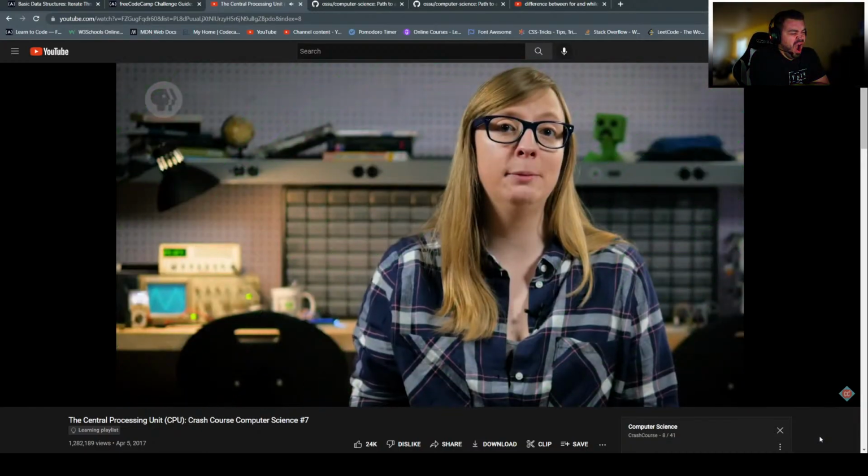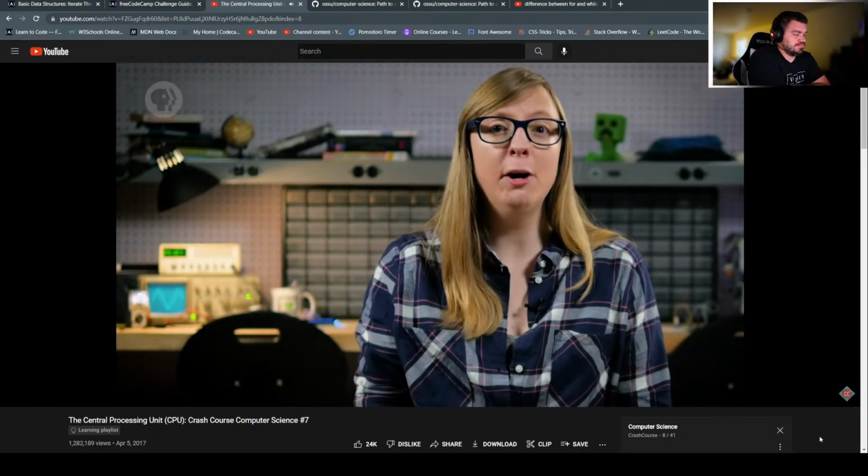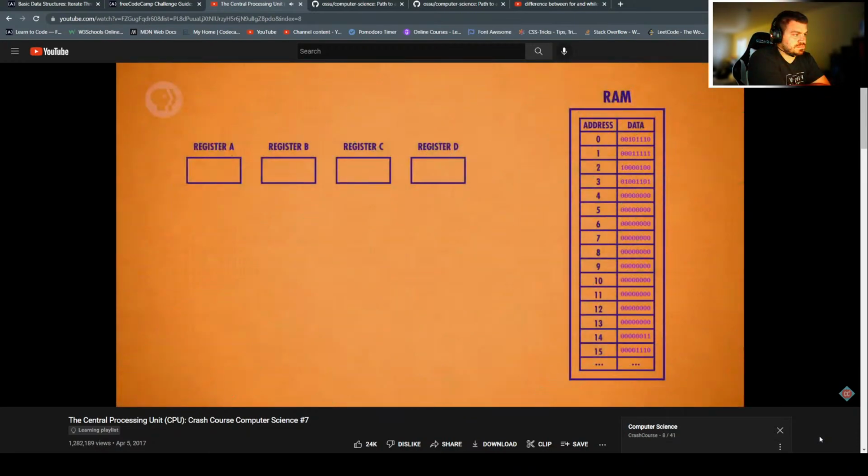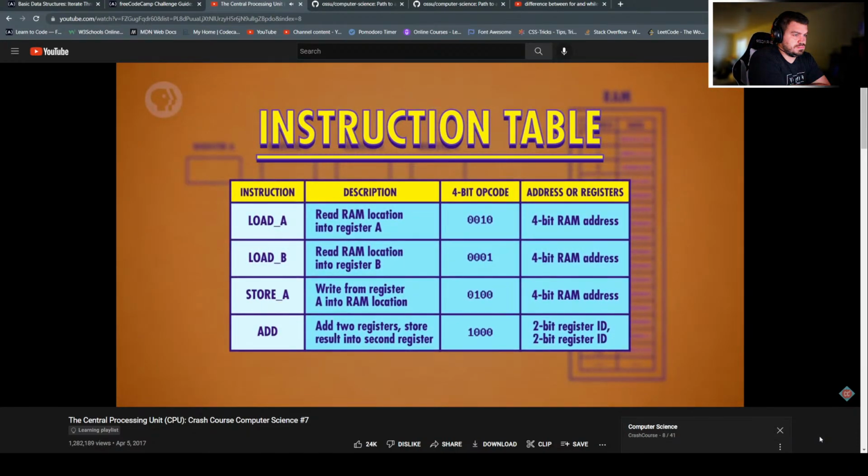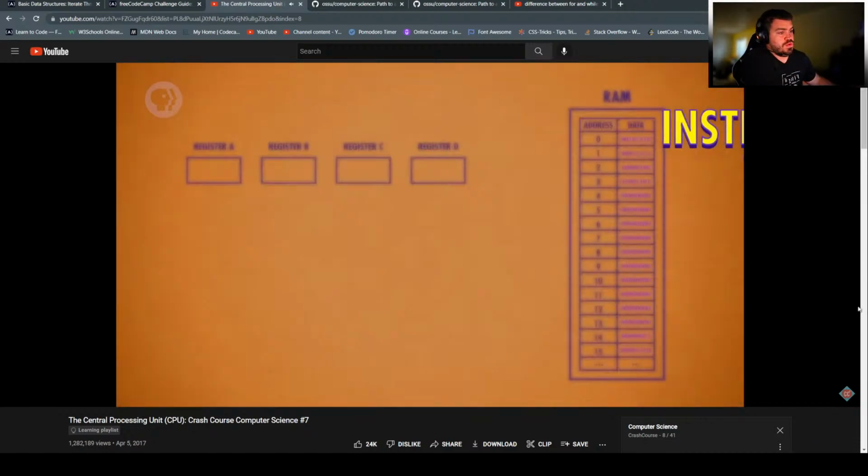We already know that data can be stored in memory as binary values, and programs can be stored in memory too. We can assign an ID to each instruction supported by our CPU. In our hypothetical example, we use the first 4 bits to store the operation code, or opcode for short. The final 4 bits specify where the data for that operation should come from. This could be registers or an address in memory. We also need 2 more